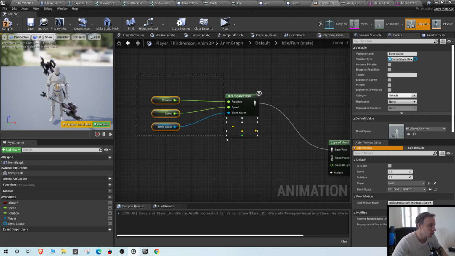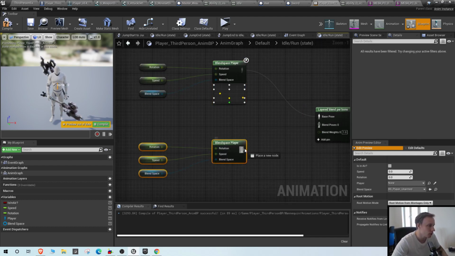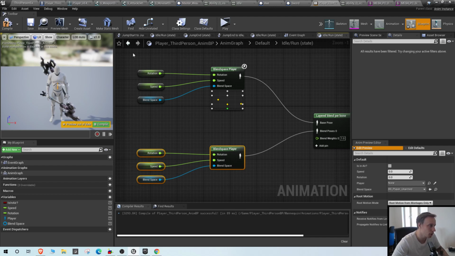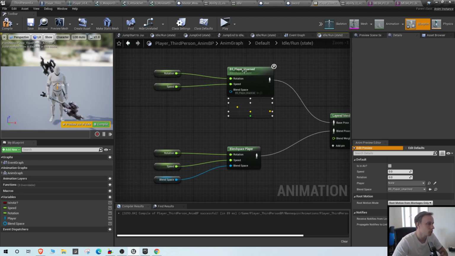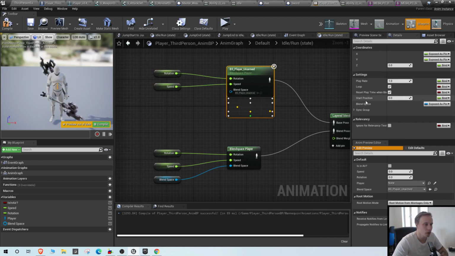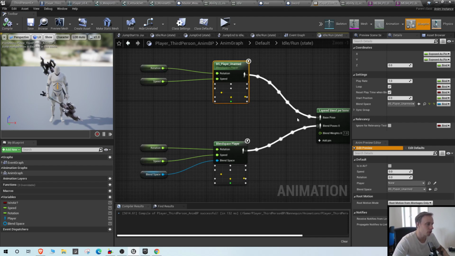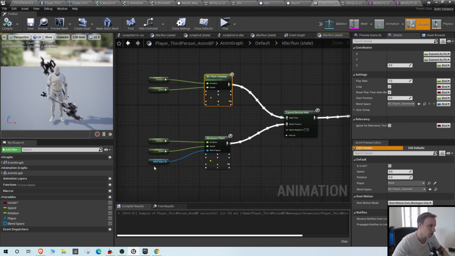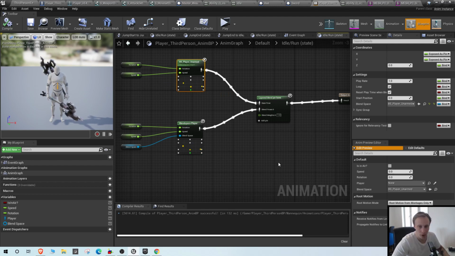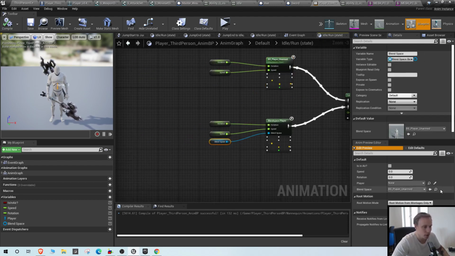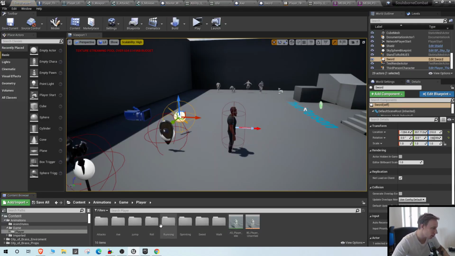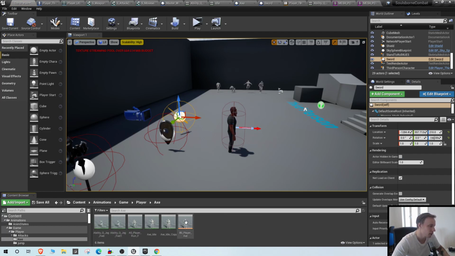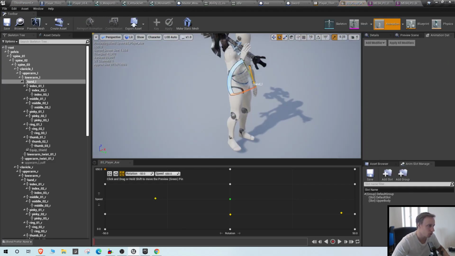And for this, we are actually gonna use this as the blend pose, but the base pose will always be, let's unexpose this as pin, and it's always going to be the unarmed run that is the base pose. So the legs will always move in the same way, but the upper body will move depending on this blend space. And this is really nice, because what we can do now is, in the axe blend space for instance,